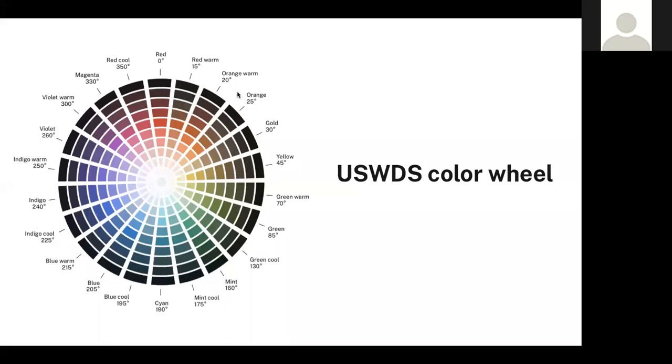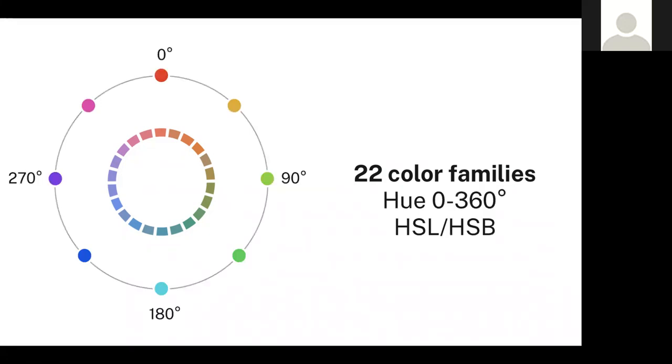And if you're familiar with the design system color system, you kind of know this USWDS color wheel. The way the color wheel works is that there are different color families that go around it. We have 22 color families that go around in this circle, and a circle corresponds to degrees around a circle. The circle is defined as hue, in the hue, saturation, lightness, or hue, saturation, brightness color